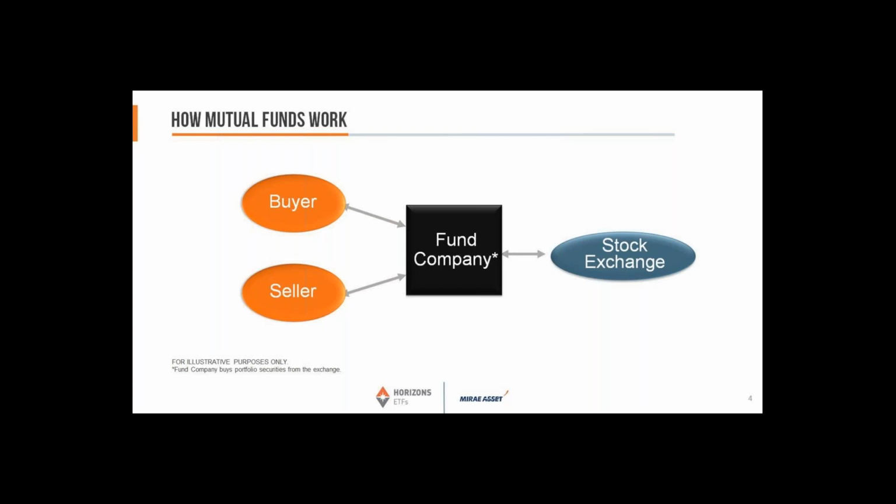So when mutual funds first came onto the market, I believe it was in the 1920s, the idea here was to give investors of all levels the ability to invest like wealthier investors. Wealthy investors, of course, could build a diversified portfolio of stocks, but that would be very expensive. Mutual funds basically pool all of those resources and allow other investors to have diversified exposure to a portfolio of